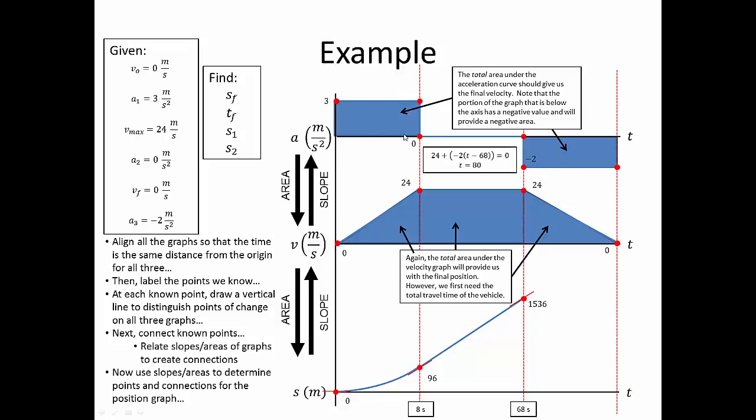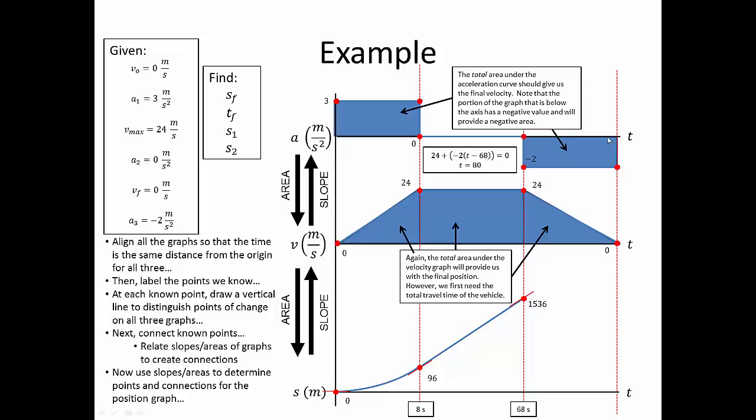So let's write an equation to represent that. Well, we know that this area is 24. We've already calculated that, so we'll go ahead and put that in there. This second area we calculate by taking the height times the base. So my height is minus 2. So I'm going to take minus 2 and multiply that by t minus 68. Now why t minus 68? Well, t will represent my total time from the beginning of the problem to the end of the problem, but